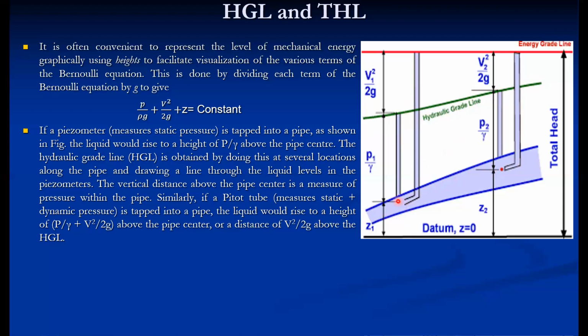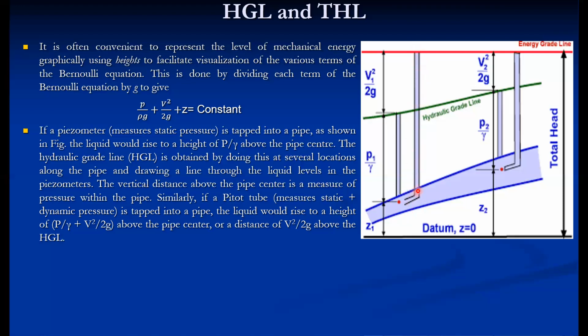Similarly, the pitot tube is another device. If such a tube is inserted at the center, the fluid is brought to rest adiabatically. Here the fluid is flowing, but at this particular point it is not flowing. Rather, the whole kinetic energy of the fluid is converted into pressure energy, and that is reflected in this particular limb. This level is not because of static pressure but because of velocity pressure. That velocity pressure means the kinetic energy is converted into pressure energy, and this is equivalent to the velocity head.